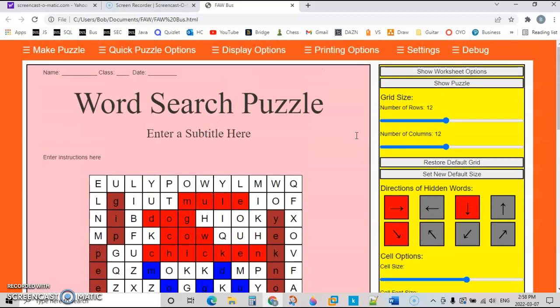And my personal opinion, I think this works better. There's more options, more types of puzzles that you can make. You can make a hidden message puzzle. You can make a hybrid crossword puzzle, clues, and find a word puzzle, as you can in 123 Word Search Maker. But there's lots of options with this one on things you can do